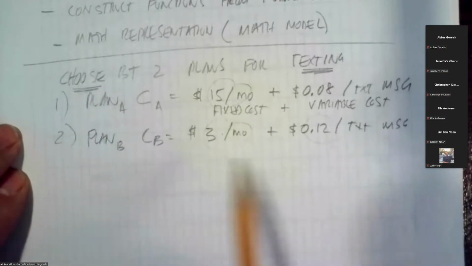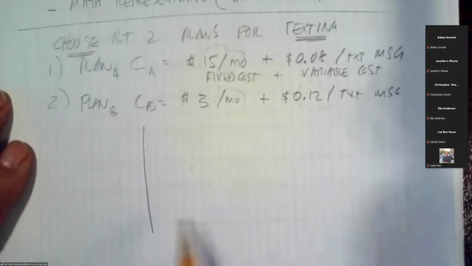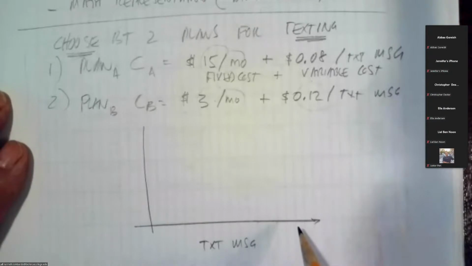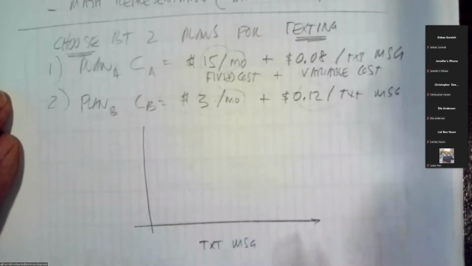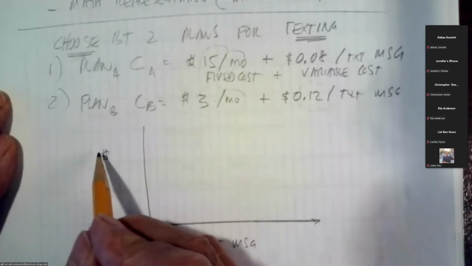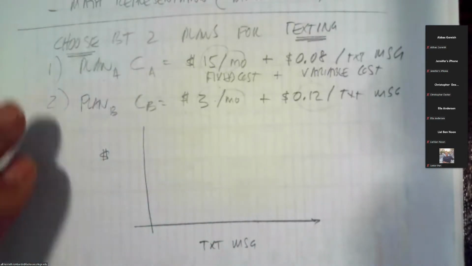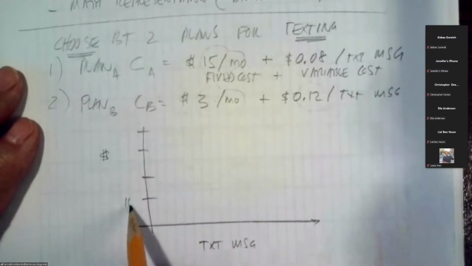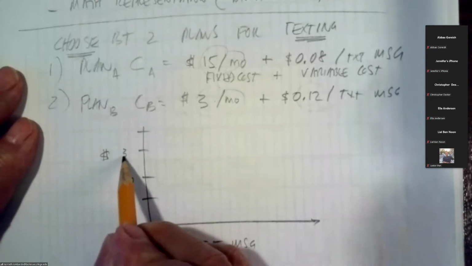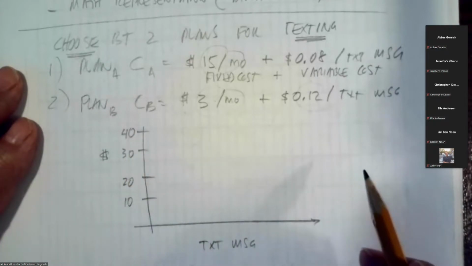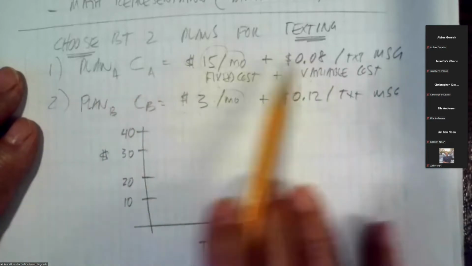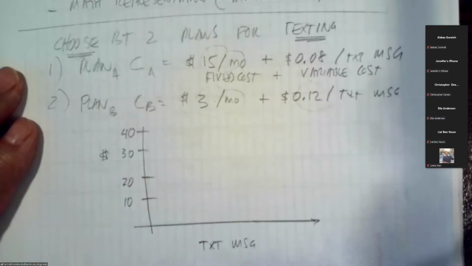We might plot, and maybe we plot text messages along the horizontal axis, and maybe we count dollars on the vertical axis. And I don't know, maybe we're at 10, 20, 30, $40. And so if we were to plot what these two plans look like,